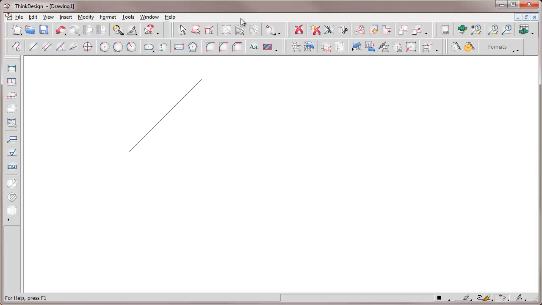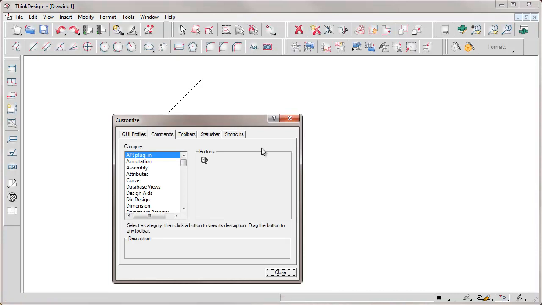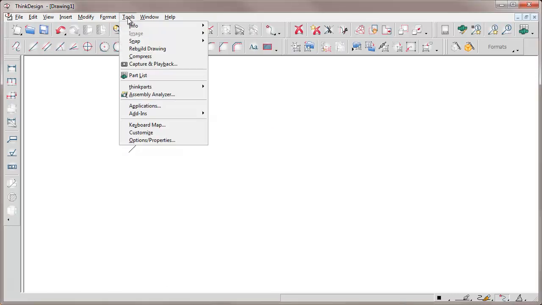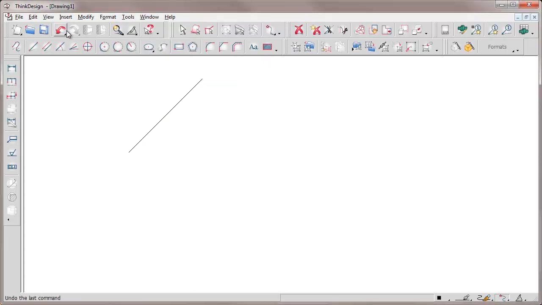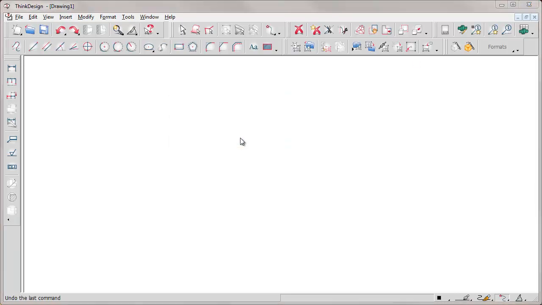Let's see in Customize how we can customize these choices of buttons, that is, these shortcuts. Just to show an example, we choose to assign to a key the command tile horizontally. We need to assign a value to it, so it's displayed in the keyboard map. OK. Now we close both the draw wheel and the model environment without saving any file.